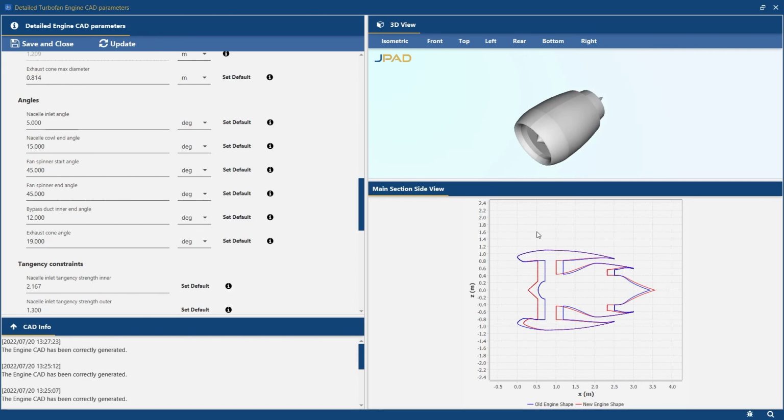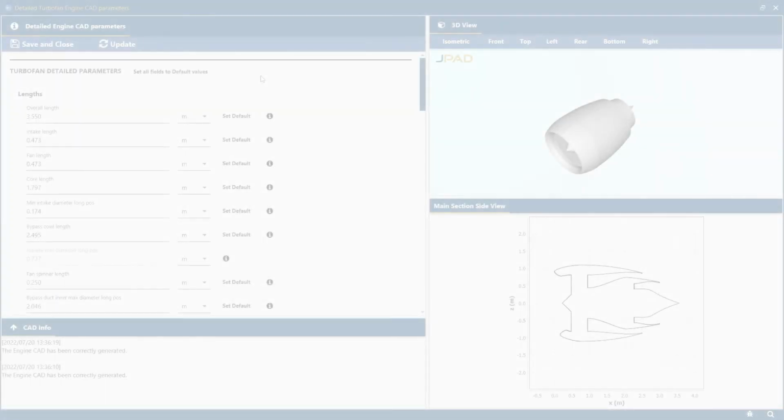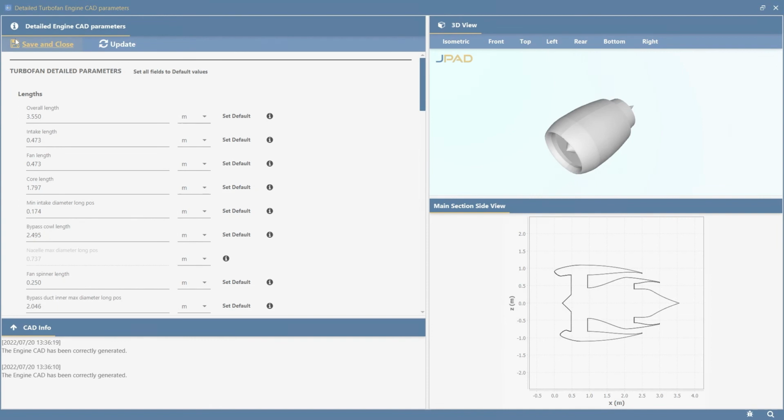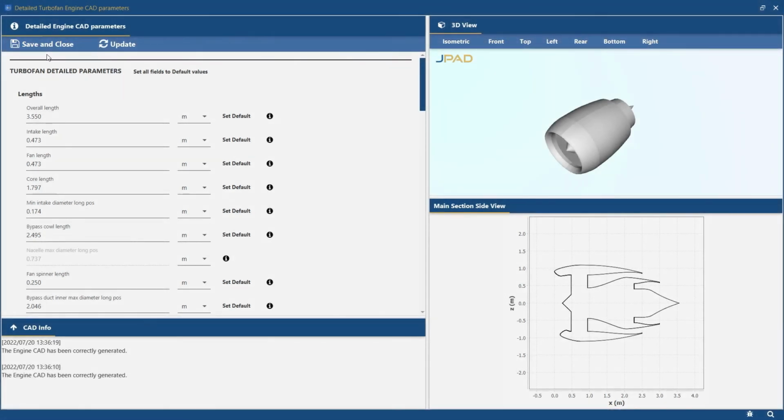The 2D plot in the bottom right corner, in particular, gives you a direct and clear impression of the impact of these modifications on the longitudinal cross-section of the engine. Once you are satisfied with the results, you can press the Save and Close button. Remember, you can only press this button and go back to the CAD Manager tab once you have updated the